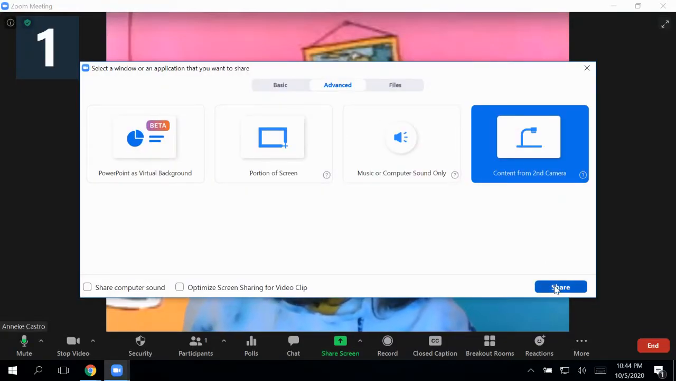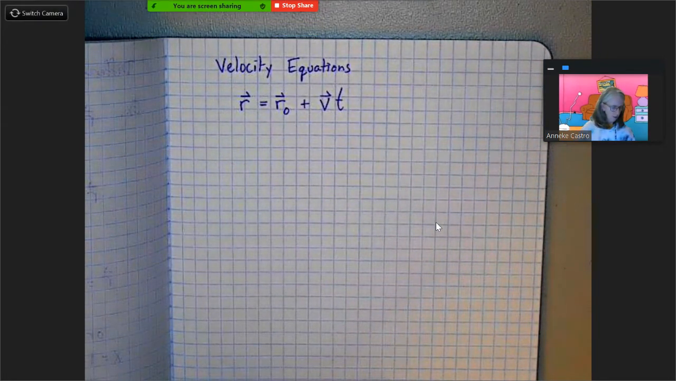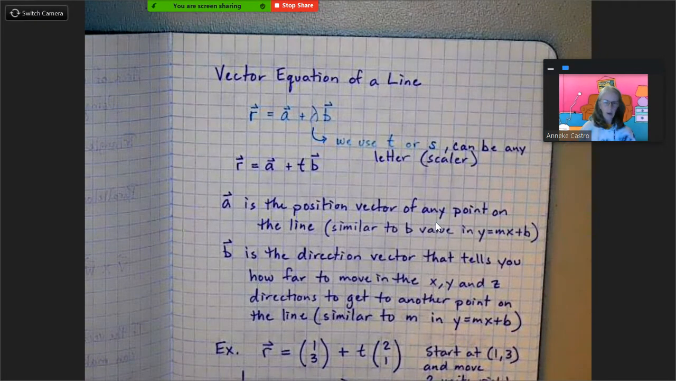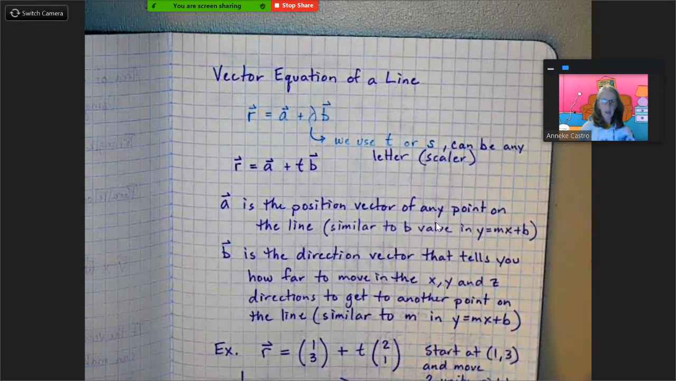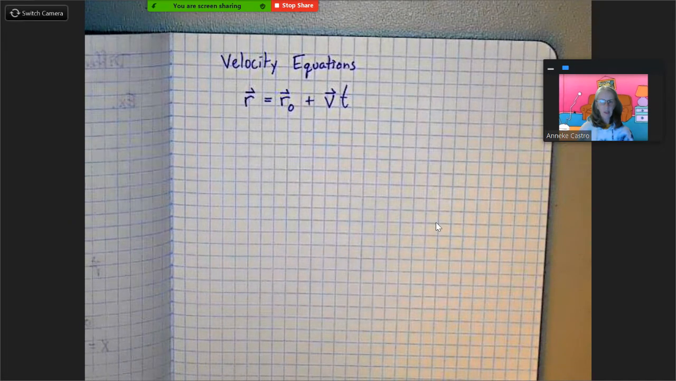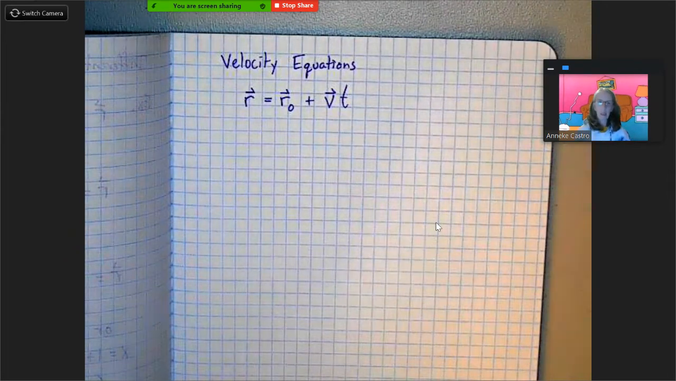Okay, welcome back. Time for some more notes, this time on velocity equations. So very similar to vector equations of a line. Have a look at that formula, and then here is the velocity equation. So it's basically the same thing, but specifically for when we're talking about how fast something is moving and in